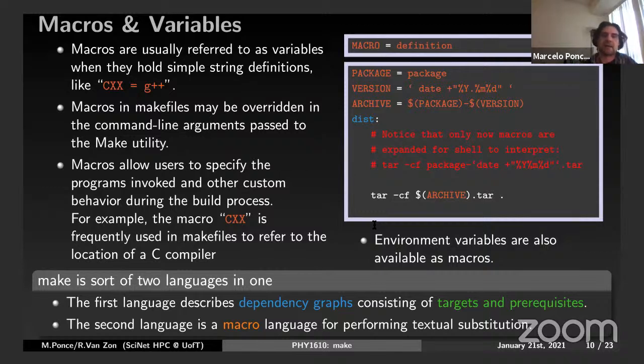Yes. Sorry, I may have been confused with the question. The $, with parentheses or sometimes curly braces, is a way to access the value. I could have written $package. The way I usually like to do it, instead of using $ and the name of the variable,